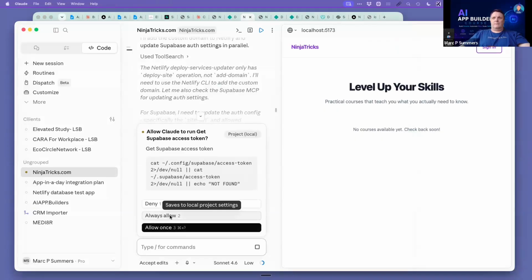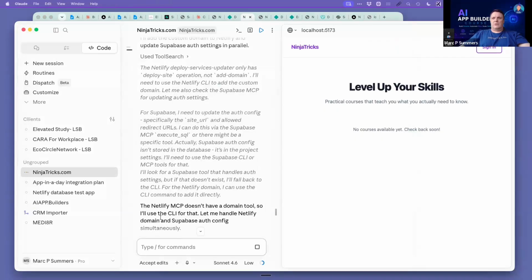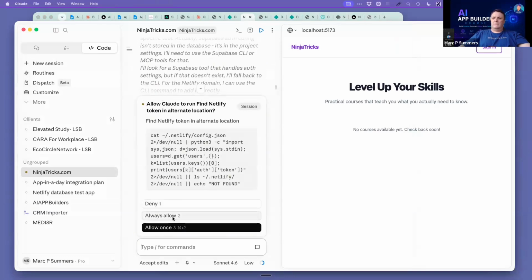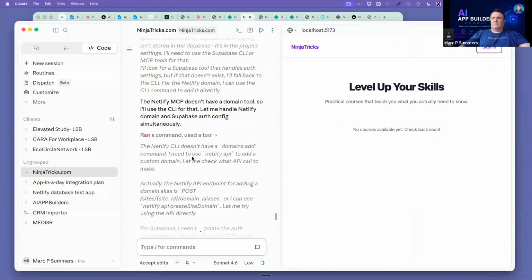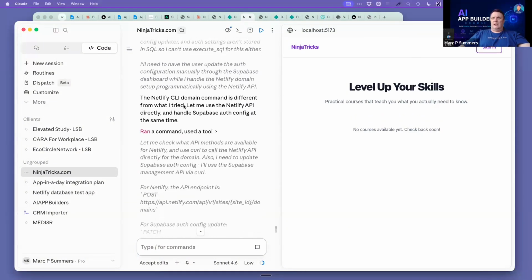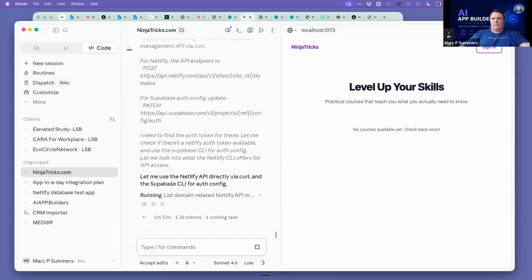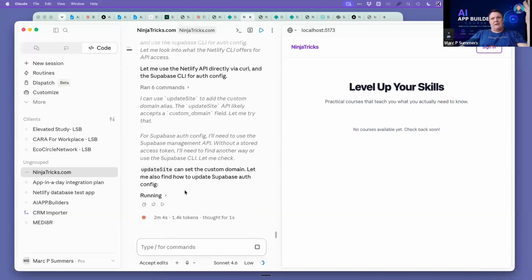And allow Claude to run git. Oh, yes, of course, you can do that. All right, you good? Now if I say I command is different from, okay, so it's having some problems. Please let me use the Netlify API directly via curl and Supabase. Okay, so it's basically attempted to do something one way and it's going, oh, I can't do it that way. I'm going to do it this way. Half the time,